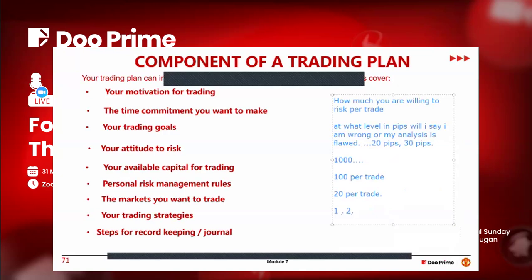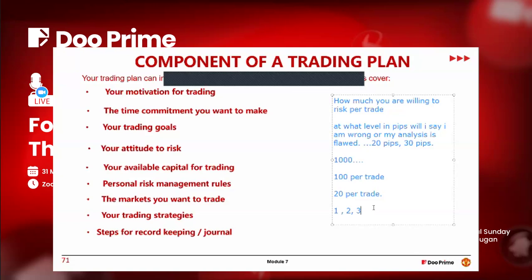Some people will say, I want to trade the 3 sessions. Now, per session, you are taking 1 trade per day. You're risking $20. That means in a day, you'll be risking $60. Are you comfortable risking $60 if you're risking $20 per trade? You need to define this. You need to understand this. It has to be stated, like you're specific. You're hitting the nail on the head.